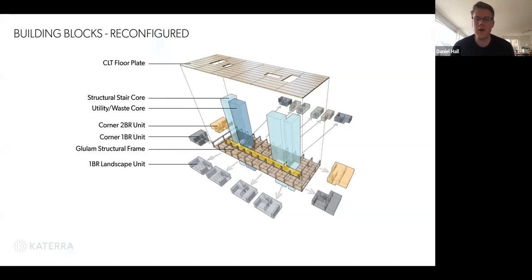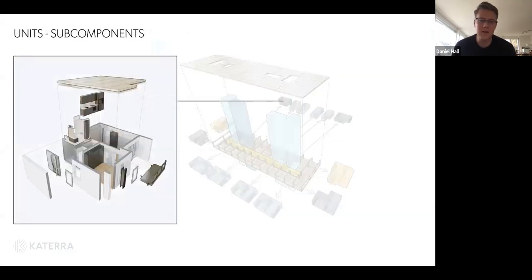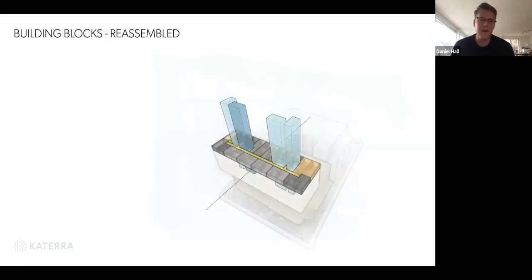I linked the overall presentation so you can see it, but here's a few examples of how they're thinking about what are the key building blocks that they're going to use, and they're using cross-laminated timber as their floor plate. And then they're trying to think about how do we automate the process of putting together these different building blocks for the project. So that's where you can think about what are the subcomponents that need to be used in the product line. And then how can we reassemble them in different ways so that you create this, again, goal